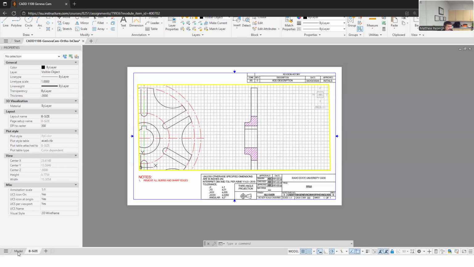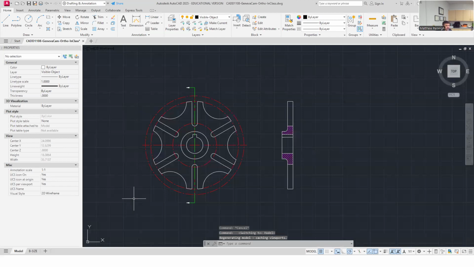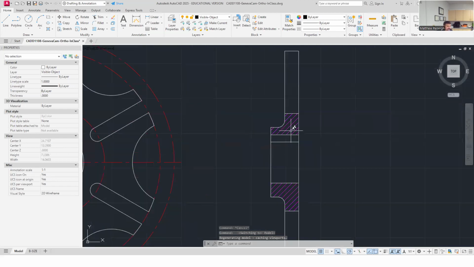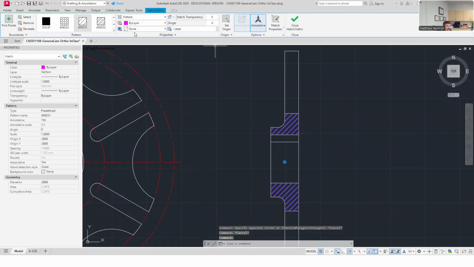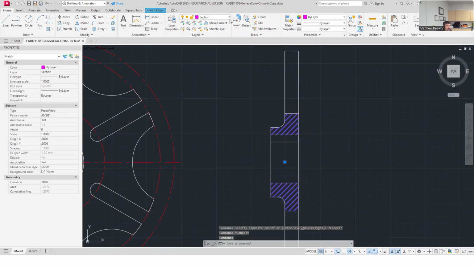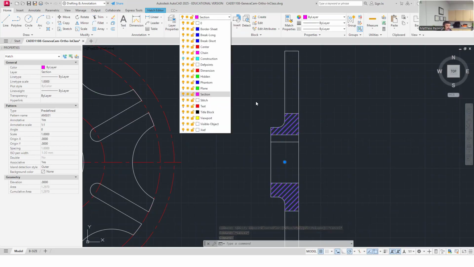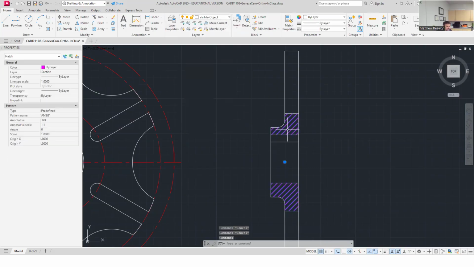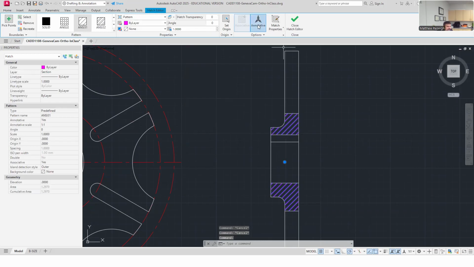This is where we left off together. I think I'd finished and we did the hatching. Yeah, so we used our hatch layer, our section layer. It should be called hatch, but we do call that layer the section layer that we put those on. So I made sure when I made my hatch, if I go back into this real quick, just to repeat, that I did choose it to be annotative. This will do the same thing